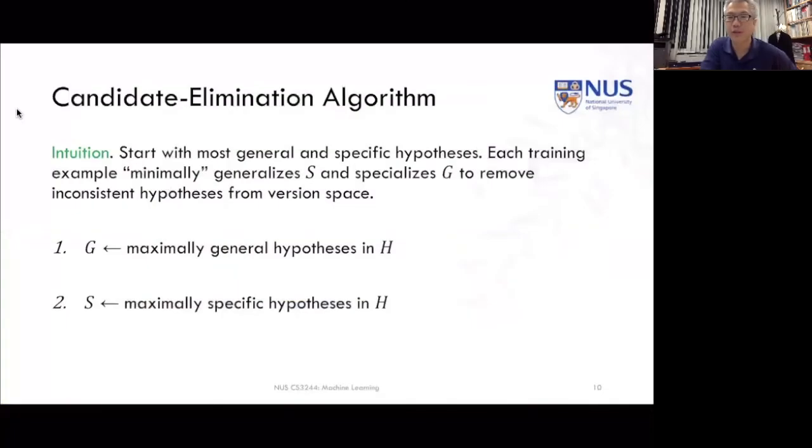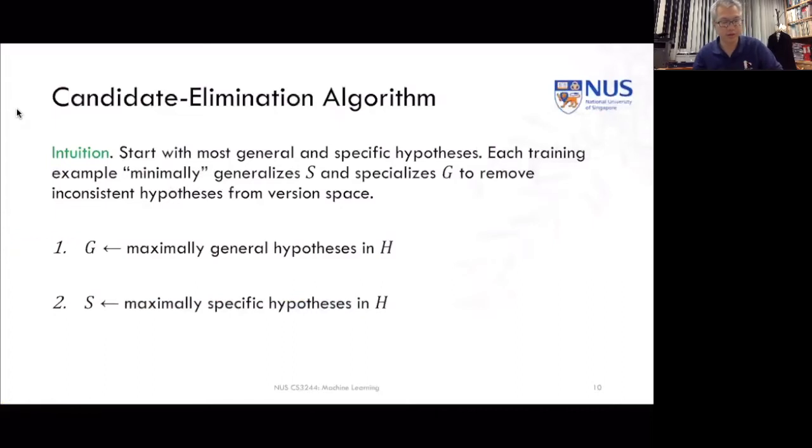So with this understanding of what we're going to do, we can actually examine the candidate elimination algorithm. The intuition is very similar to Find-S, except we don't make the same assumption that everything starts out as negative. We're going to start off with a most general and most specific hypothesis as the bounds of the problem, which will admit every possible hypothesis. Now, when we observe training examples, we're going to change the set of valid hypotheses, that means our version space, to